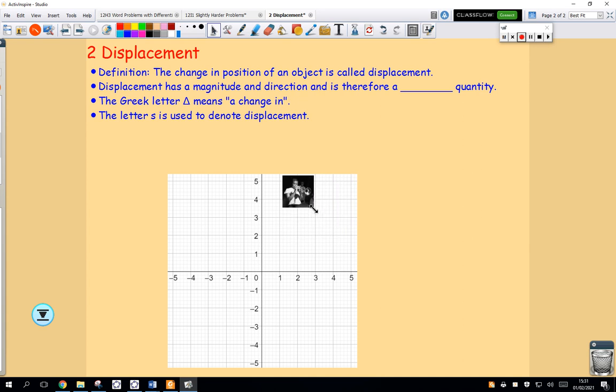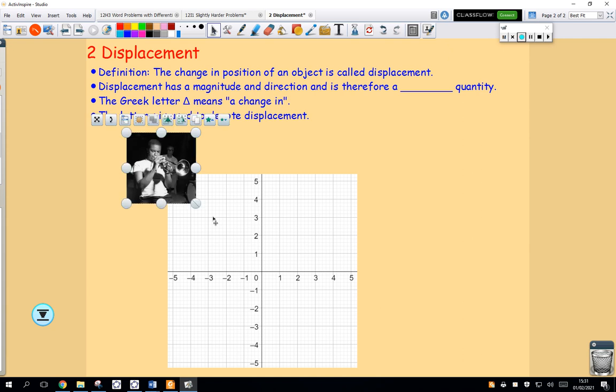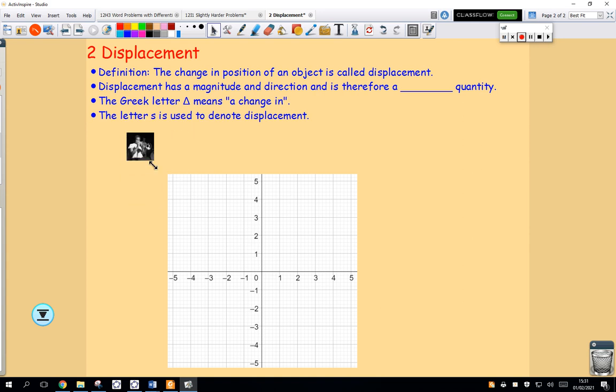Or it could make a couple of movements, one to the left and down. So if I take Freddie Hubbard here and describe his motion, again, I'm going to shrink Freddie right down until he's almost a dot. And I'm going to place Freddie Hubbard over here at this position. In this case, I might define position with the letter P, so I might say Freddie Hubbard's initial position, PI, is equal to, well, it's 3 units to the right and 4 up on my coordinate